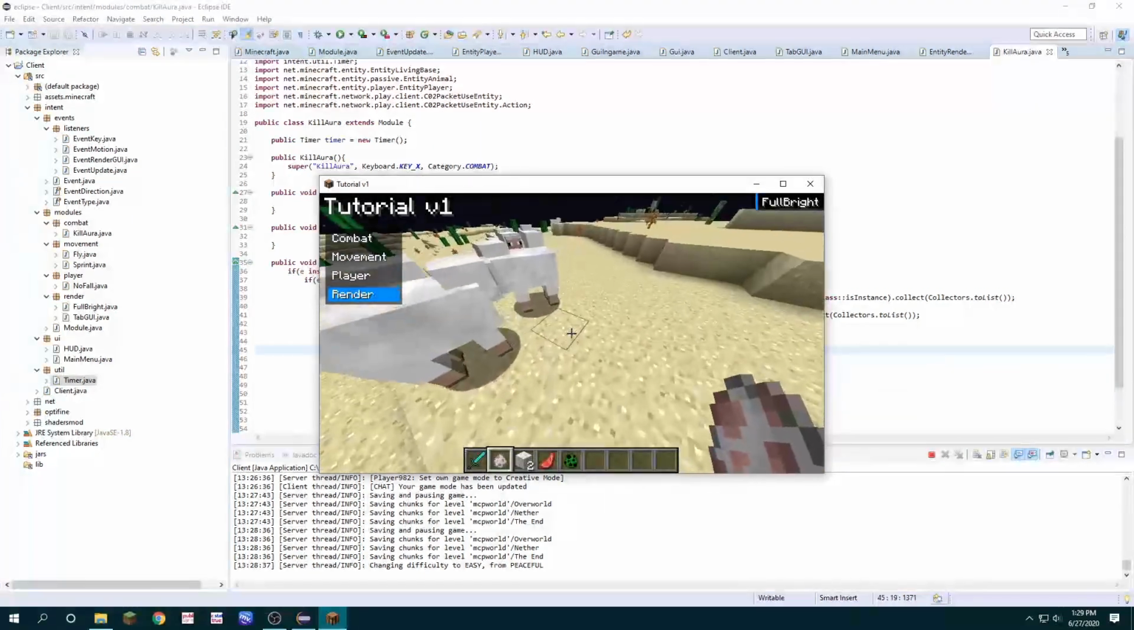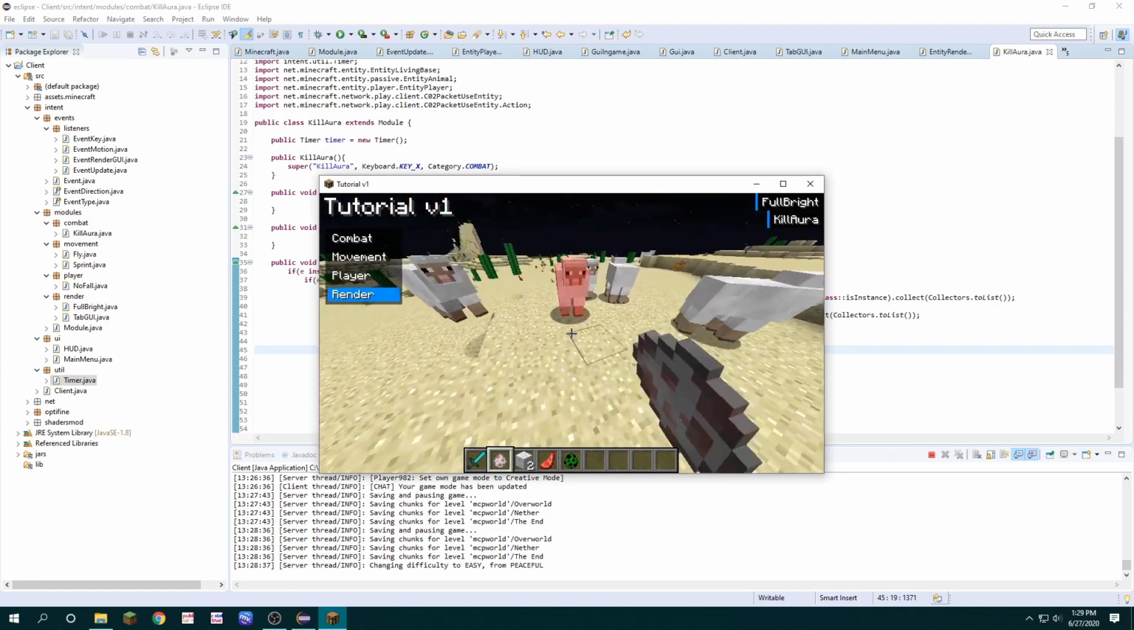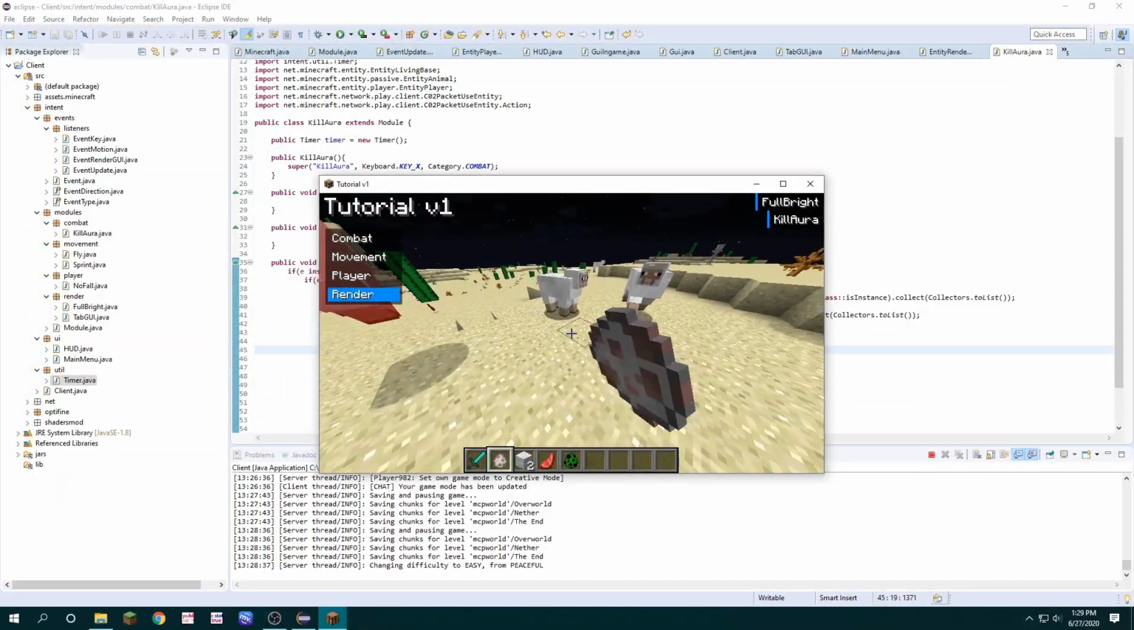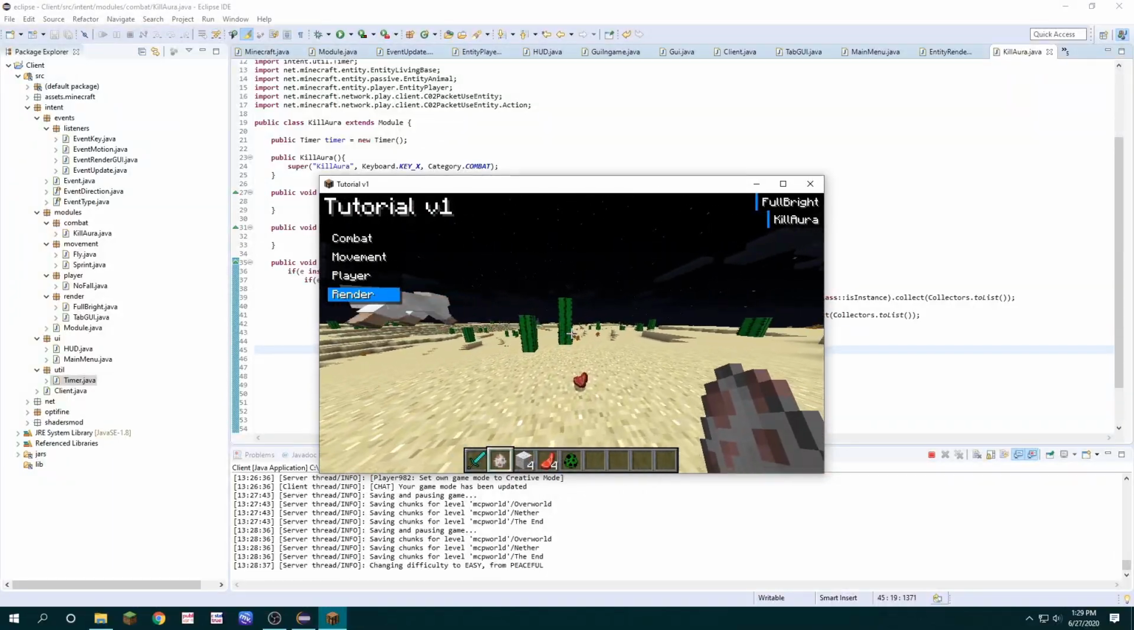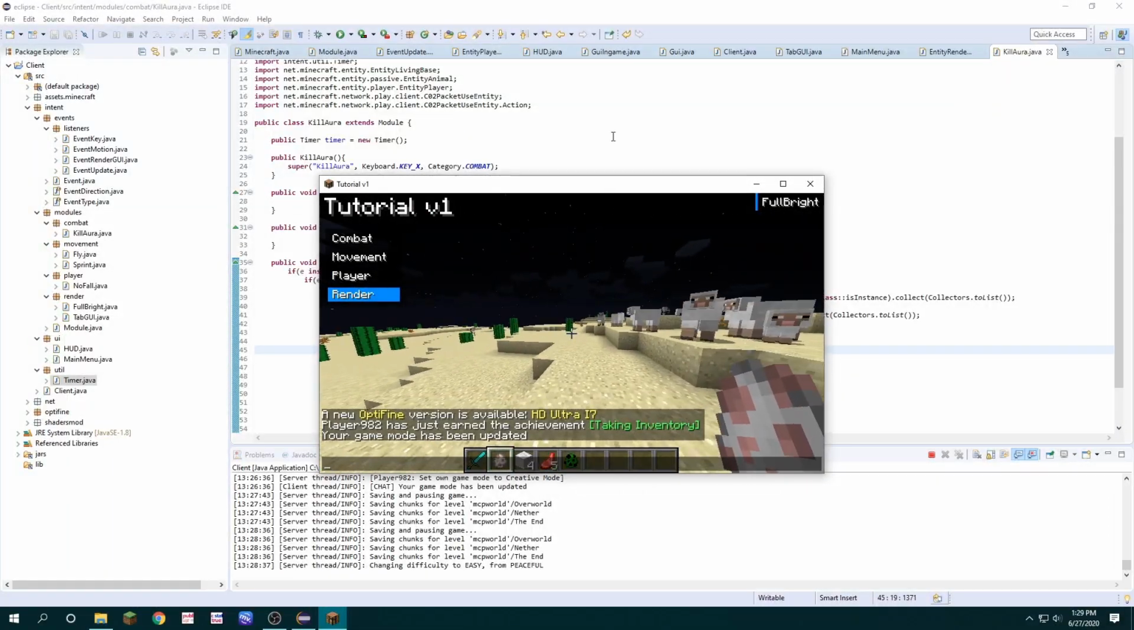I'm going to place a row of sheep here and see which ones it attacks. And yes, it's the right direction. It's attacking the closest first and then the farthest. Now we need to make the KillAura rotate server side so that we don't flag for not looking at the